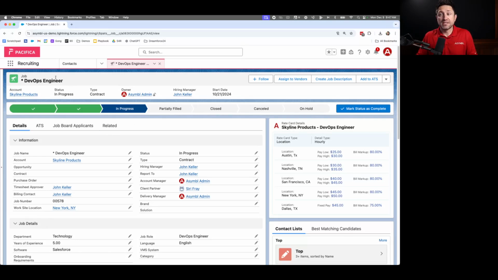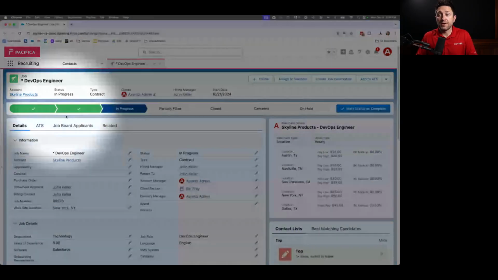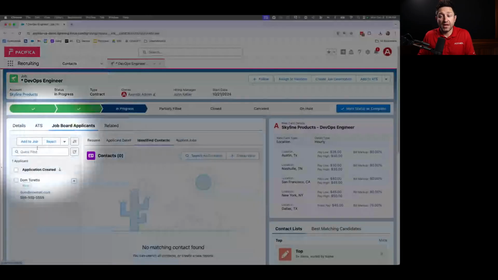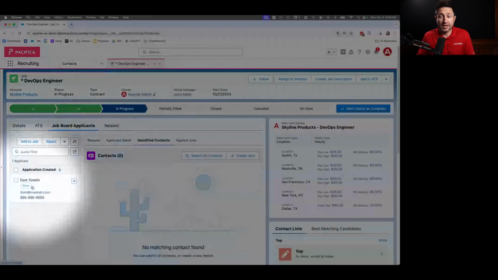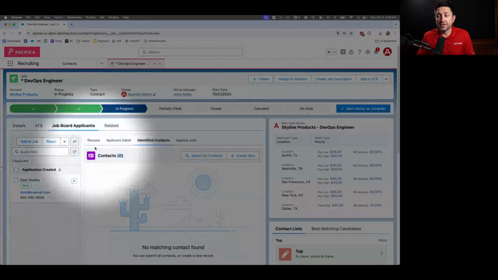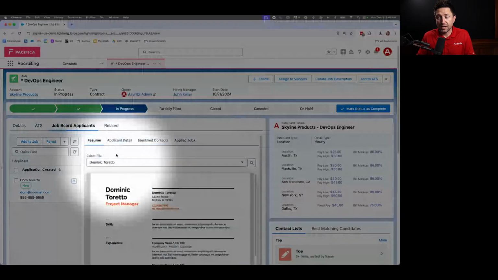So I'm going to dig into this DevOps engineer job that I'm working right here, and I'm going to see the job board applicants that have applied for this job. We've got our buddy Dom here again. Now, if I click on Dom, you can see that we've got his resume, we've got the details that he's